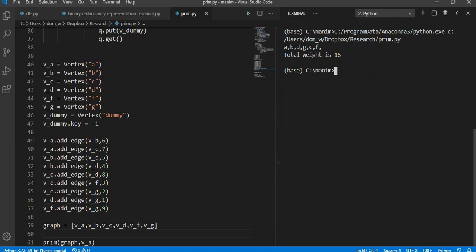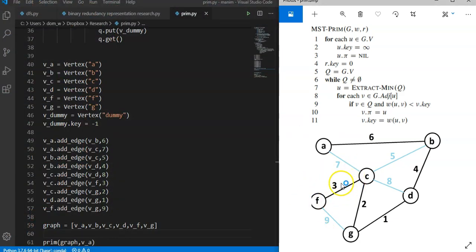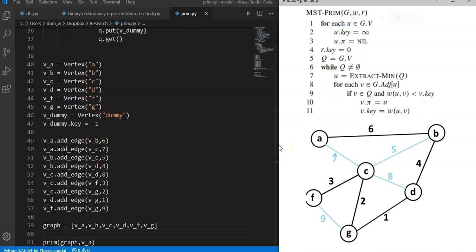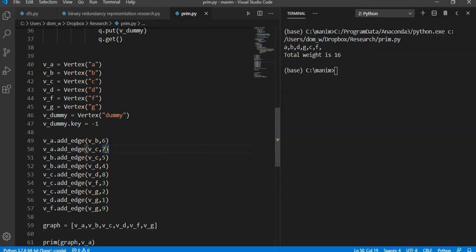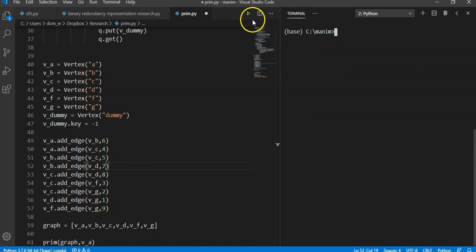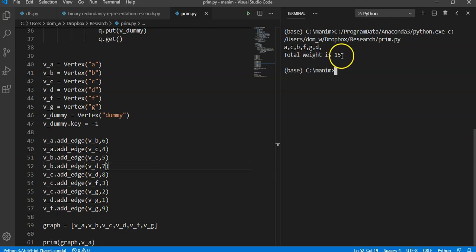And just to check that things are as they should be, I am going to change the position of certain weights and see if we get the correct thing. I'm going to change this to 4. I'm going to change this to 7. So A to C is going to be 4. B to D is going to be 7. I run that, and it gives me a total weight of 15,